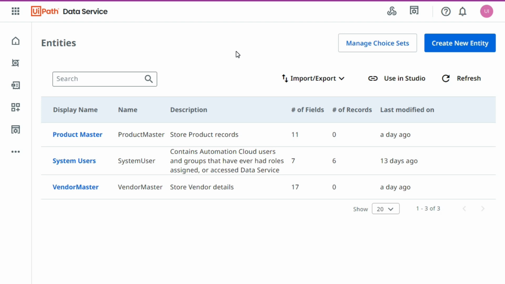In UiPath Data Service, entities are used to store and manage data. When working with automations, you often need access to this data. By importing entities into UiPath Studio, you can easily access this data and use it in your workflow. For the practical example, we'll be using a vendor master entity that we have created here in the UiPath Data